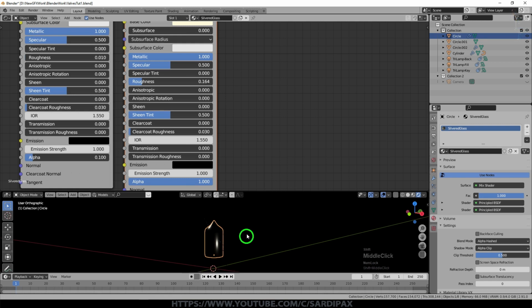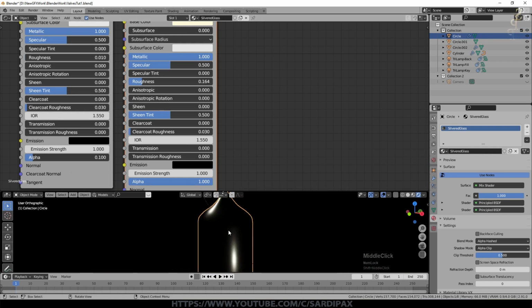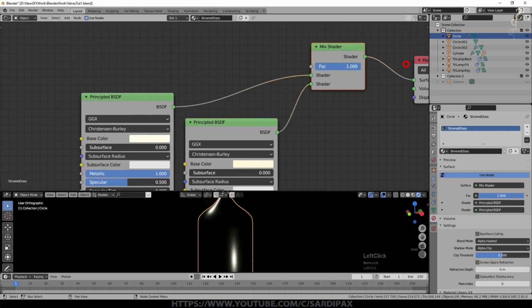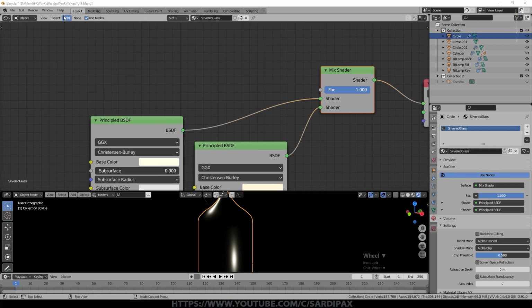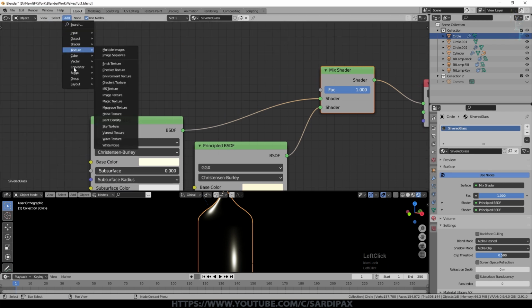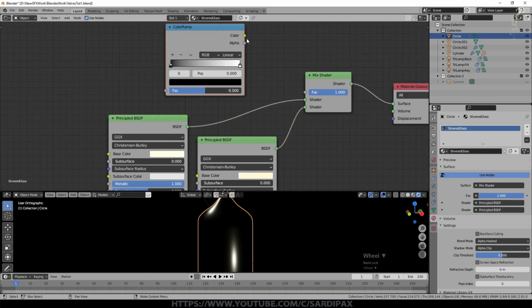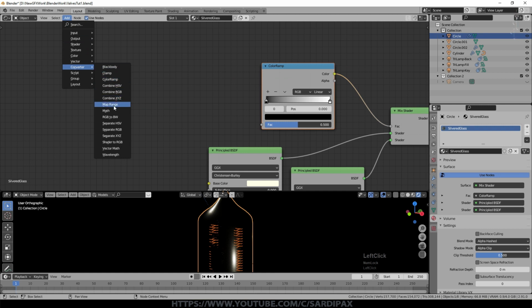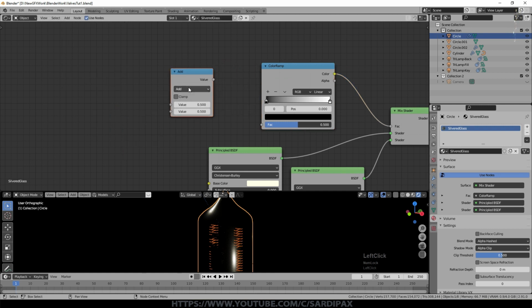But now what we want is to fade between the transparent glass and our silvery material. So we need to do something with this mix shader because it's clear here and silvery there. So first of all, I'm going to add a converter, which is my usual color ramp, and we'll plug the output of that into the control on the mix shader. I'm going to add in a converter, which is a math node, leave that as add, and the reason for this will become clear later, and we'll connect that into there.